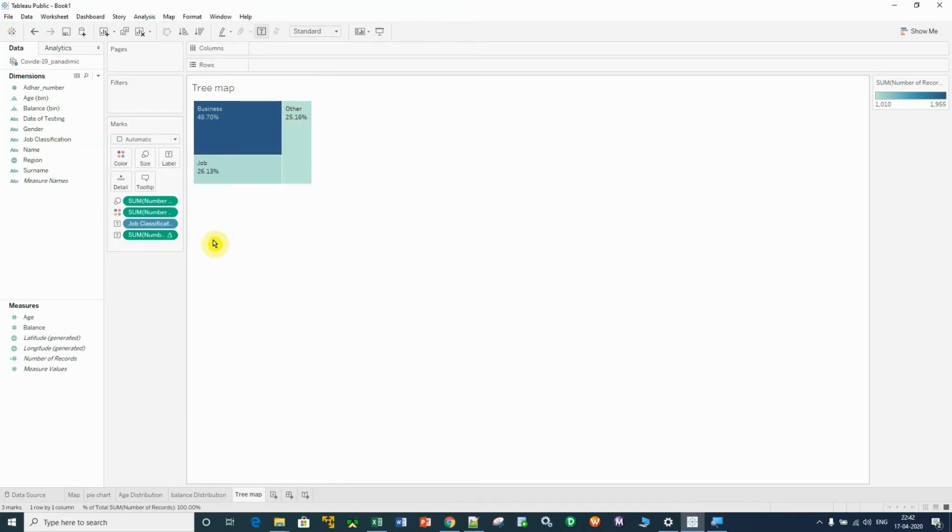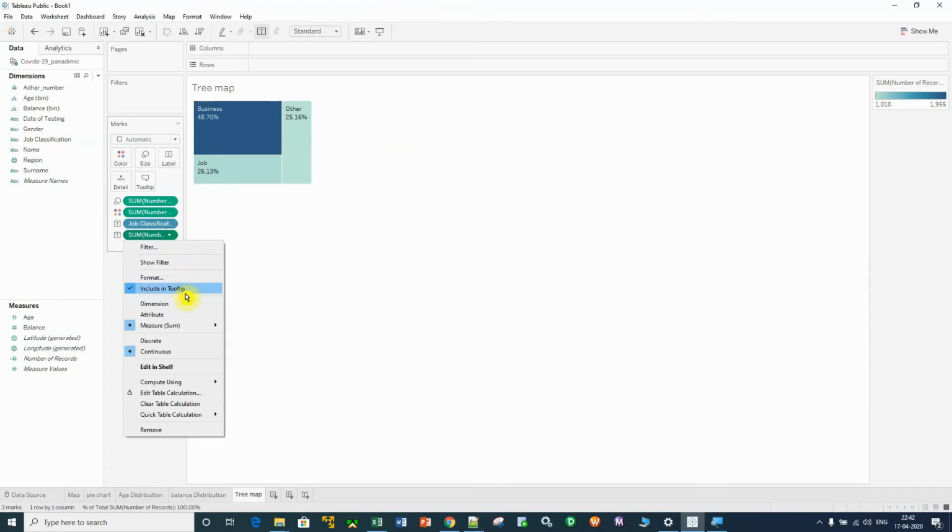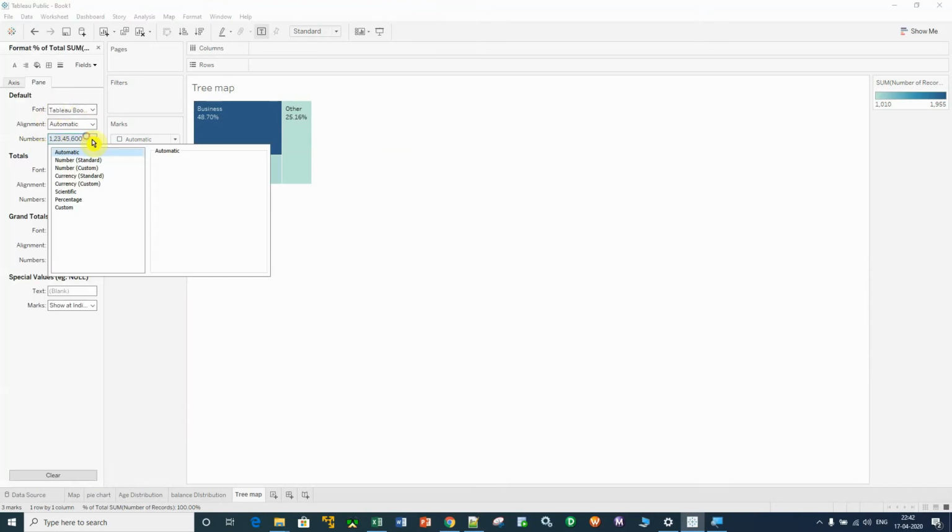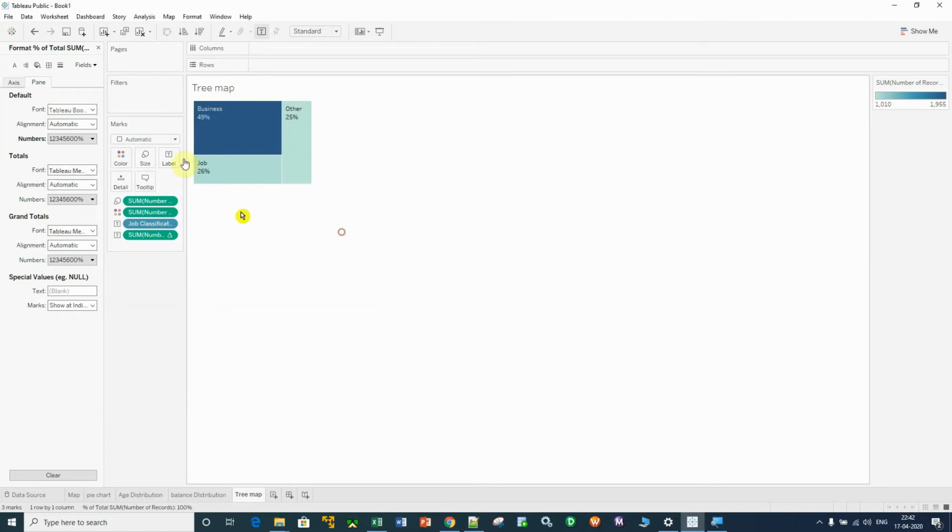Now a percentage value has been created, but again we do not want the float values. Click here, go to format, go to numbers, go to percentage, and instead of 2 give it 0. So a complete value has been created, a complete number of percentage has been created. But still